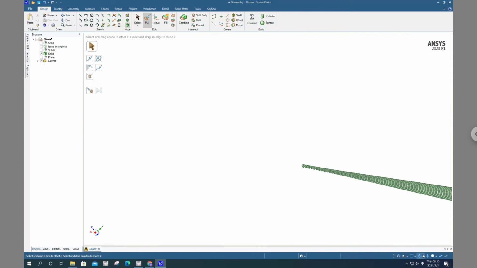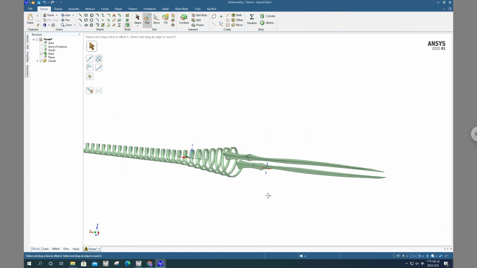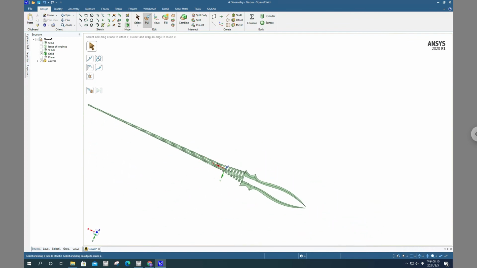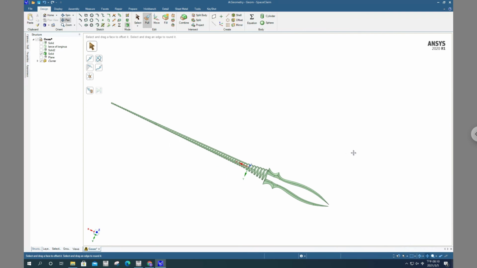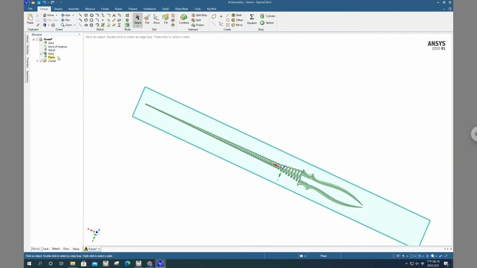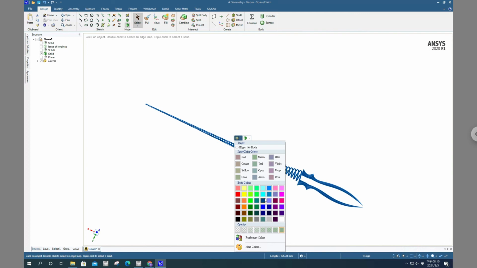And the final step, we're just gonna color our lens of Longinus red, just as in the comics. So you select your solid, and then right-click. You can see that you can select a variety of colors. Here I'm gonna select it red,